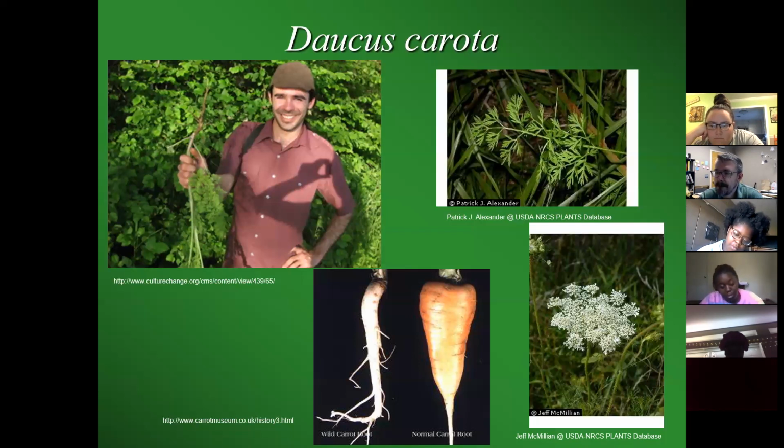So as you can see, don't eat anything that you aren't absolutely certain you know what it is. Just a disclaimer there. Does everybody agree to that? Don't put plants in your mouth that you're not sure about. Okay. I know that sounds like duh, but